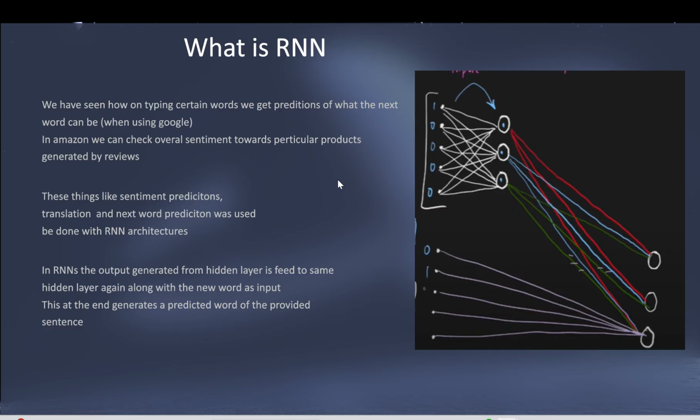Here also, we are sending the input vector into a hidden layer, and some output vector will be generated, right? That kind of output vector, instead of going to a softmax layer, we are sending into other words' inputs,